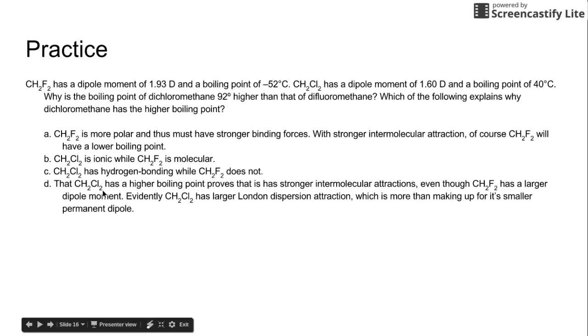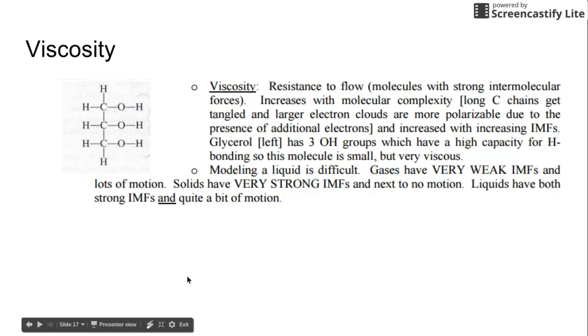CH2Cl2 is a much larger molecule than difluoroethane. And because of that, it has a larger molecule. It is going to be more polarizable, and as a molecule, you will have stronger intermolecular forces than in CHF2. The last thing I want to talk about is viscosity. Viscosity is the resistance